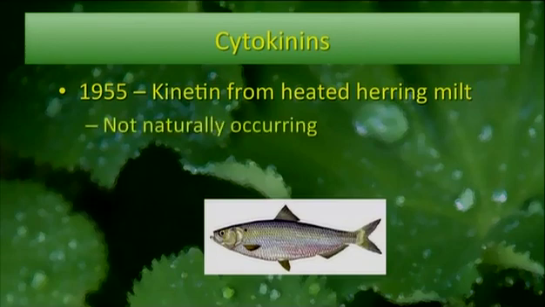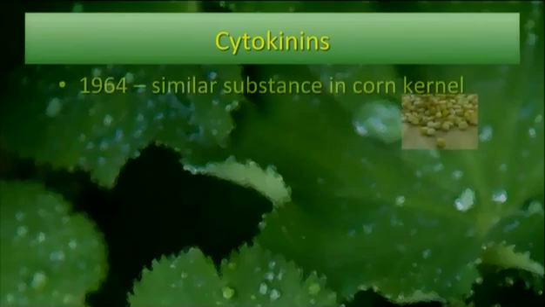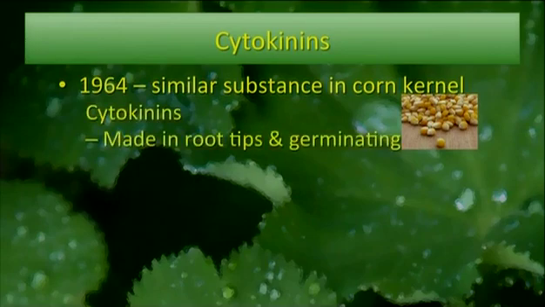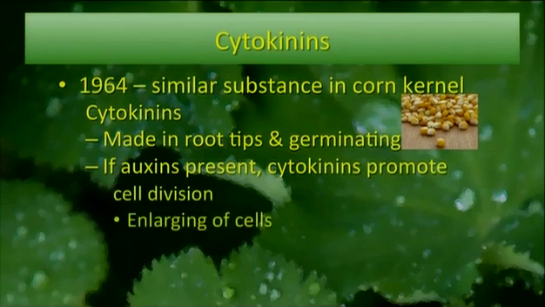So that was not naturally occurring, but they actually showed that this simple chemical could promote cell division. Then later in 1964, they found a similar substance in corn kernels, and they named them cytokinins. They're made in root tips and germinating seeds. If auxins are present, cytokinins help to produce cell division and enlarging of cells,